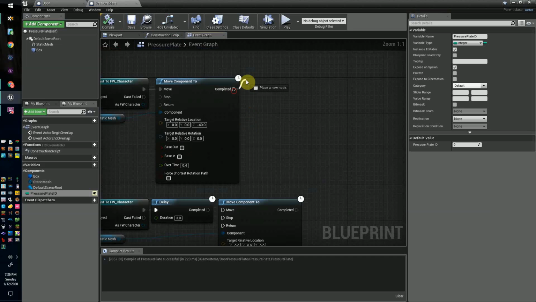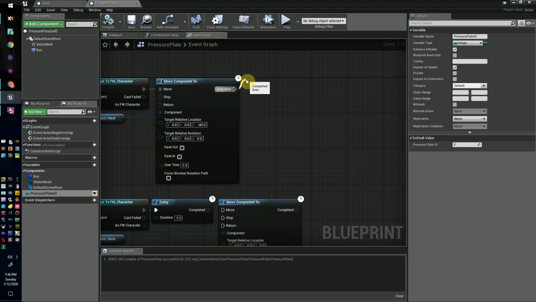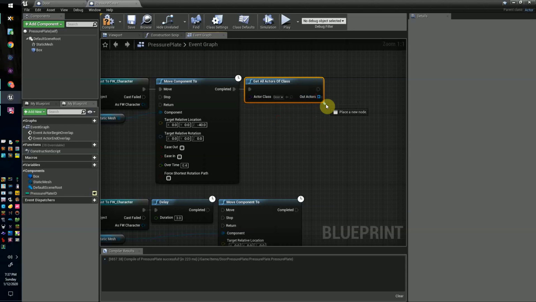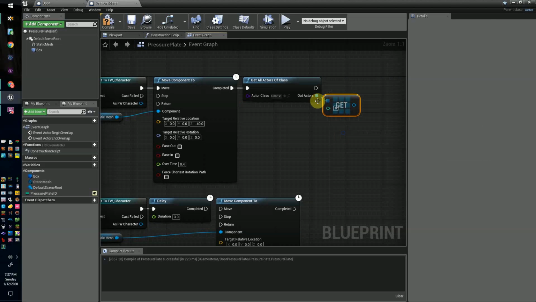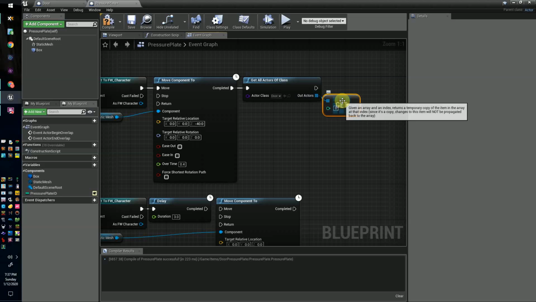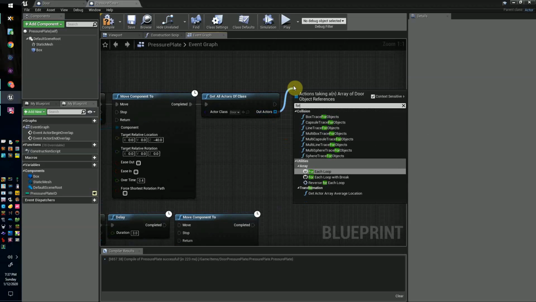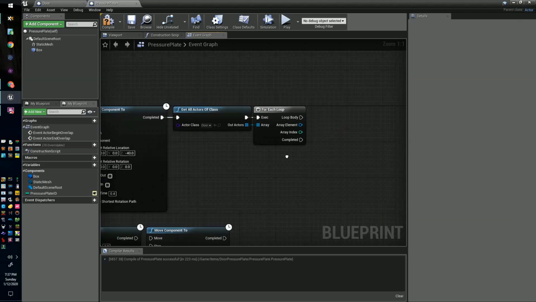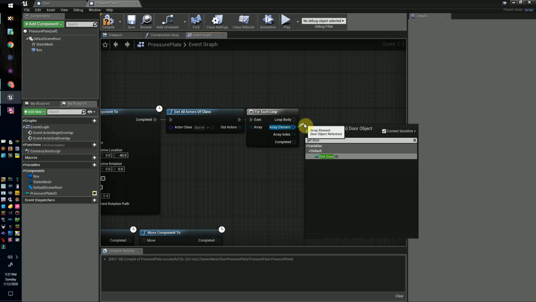So now get all actors of class, and the class will be door, and then get a copy of this. So this is all of the door actors. This is getting one of those actors based on the number. Actually no, this is for each loop. I was gonna do door ID, but that number is different. So for each loop, then get door ID,